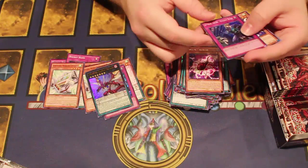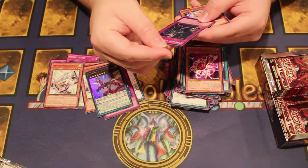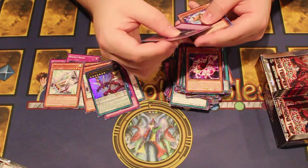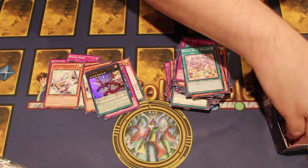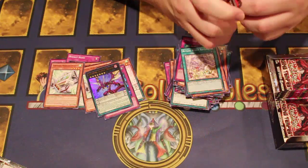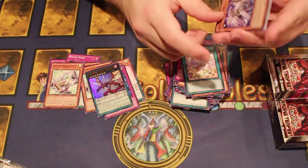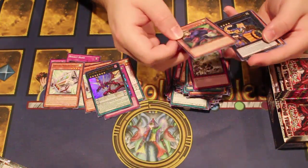Zodiac Sign. Prana Plant. The Spiral Utility Wire controls. It lets you target one face-up card your opponent controls and place it on top of the deck. I want Spirals to be super good, but I don't think it's going to happen. You get one more set of support. Shinobird, Zodiac Sign, Mecha Linear, the Spiral,